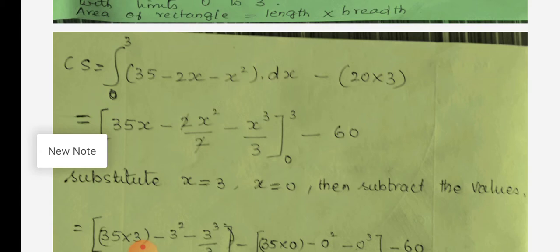Already 2 is there, x to the power 1 becomes x square divided by 2. So, this 2 and 2 gets cancelled, remaining you will be having only x square. Now, this minus x square will become x to the power 3 divided by 3, and again give the limits from 0 to 3. Minus 20 into 3, it is 60.